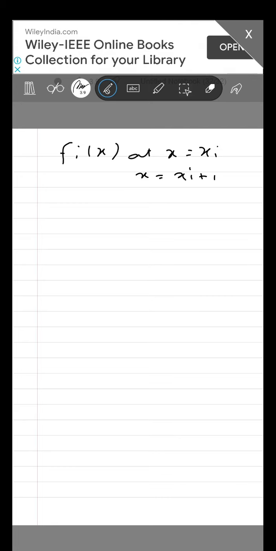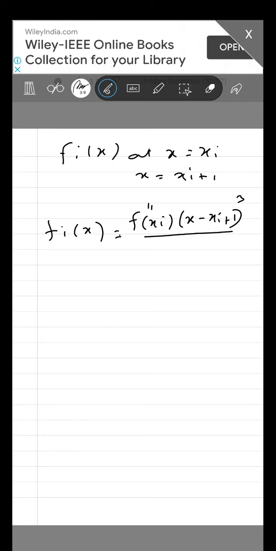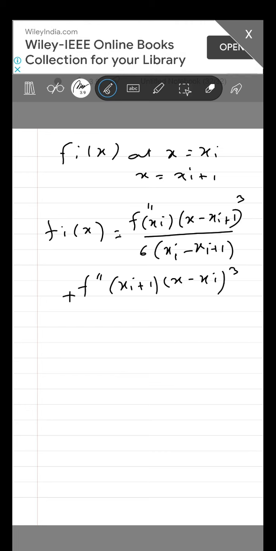So after doing this, we get the following relation. f(x) is equal to f double dash (xi) into (x minus xi plus 1) whole cube into 6 (xi minus xi plus 1), plus f double dash (xi plus 1) into (x minus xi) whole cube divided by 6 (xi plus 1 minus xi),